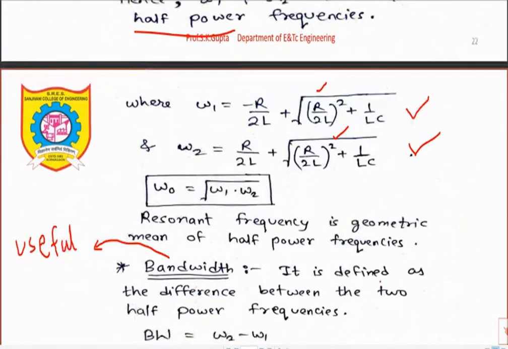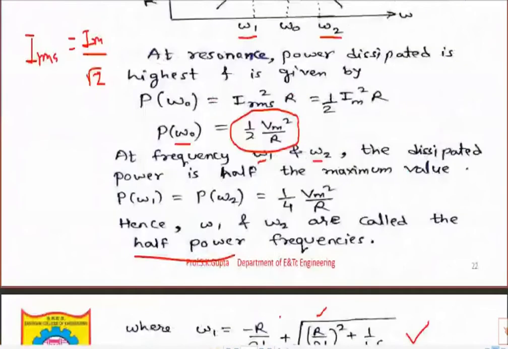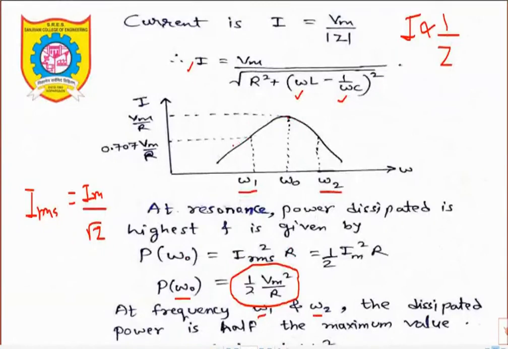So that's why it is defined as the difference between two half power frequencies. As you can see here, we are just neglecting this below omega 1 and after omega 2, and we are just considering this much because here we will get a good amount of power, and at these frequencies we will get less amount of power, and those frequencies are useless, so we will ignore those frequencies.